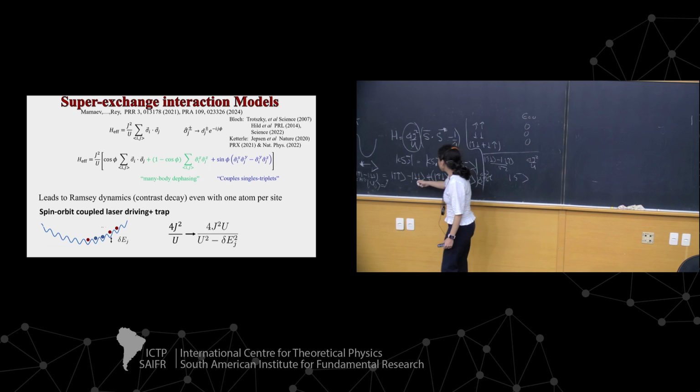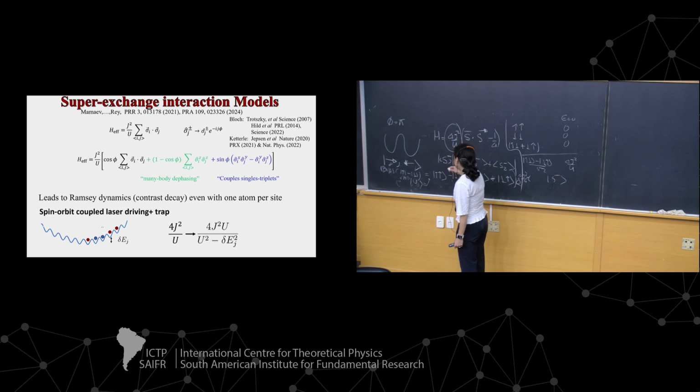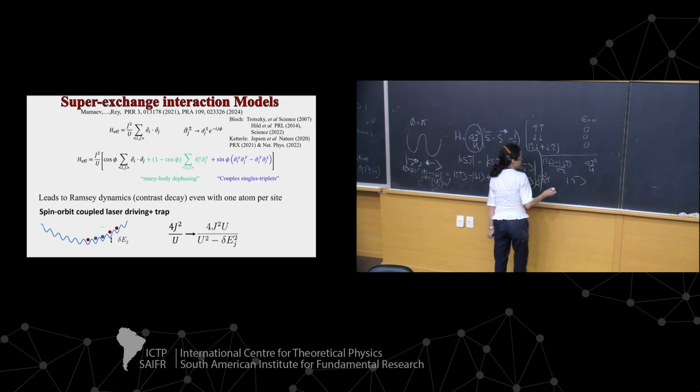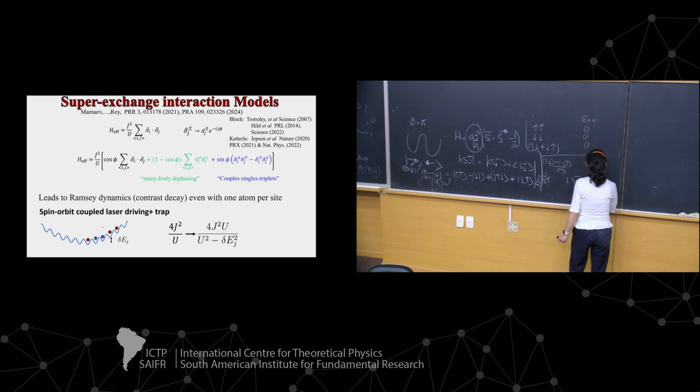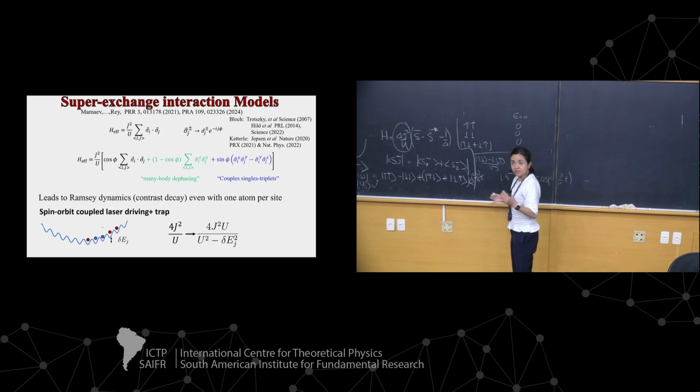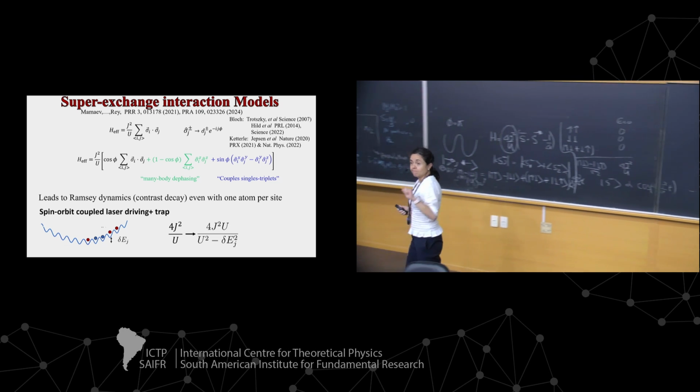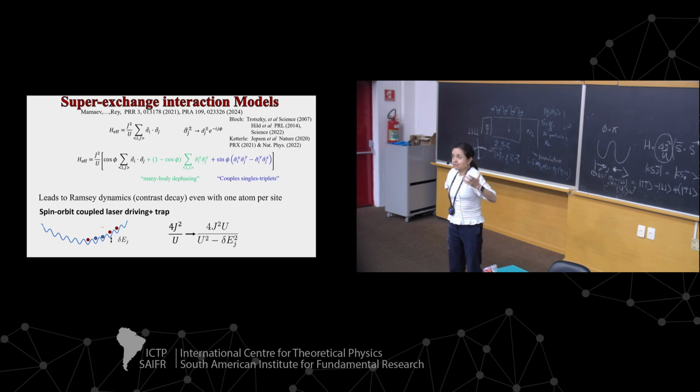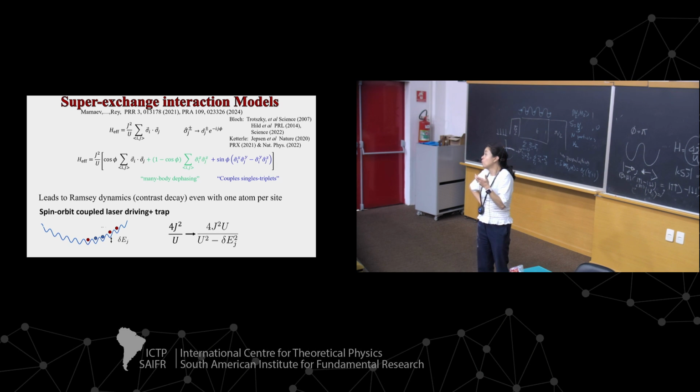I'm going to have a quantity that oscillates, with an oscillation frequency proportional to cos of 4J squared over U times T. So that's the type of oscillation. We are going to see an oscillatory dynamics in the system. So that's expected. In contrast,